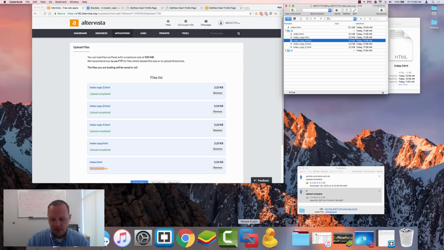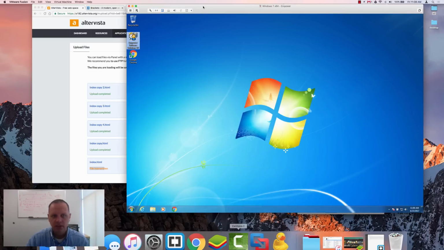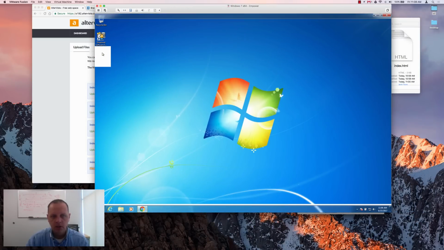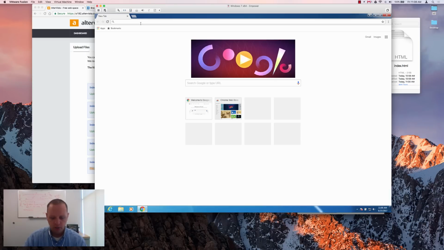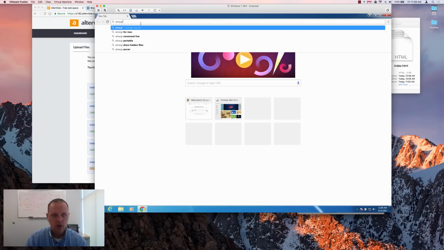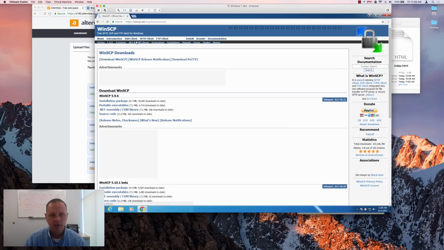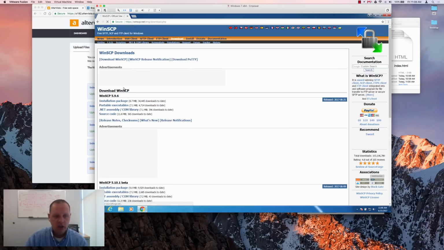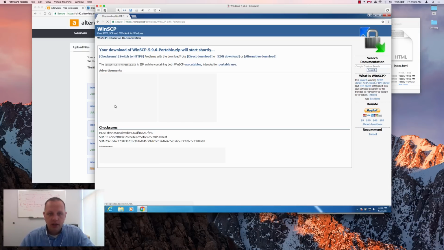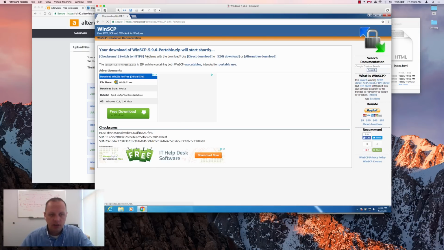Now, on a PC, and I pulled up a quick PC here we can use. You know, Cyberduck's a fine one. You might want to use WinSCP in here. This is another great program you can use if you have a PC. And you can install Brackets the same way. So I could just grab this portable executable here and just run it without having to install it. But it works the same way. Really, at the end of the day, what you want is